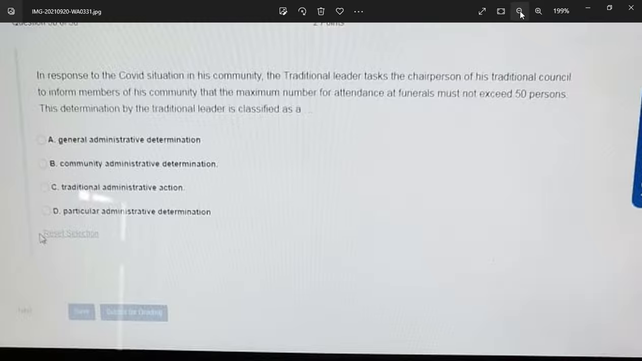In response to the COVID situation in his community, the traditional leader tasks the chairperson of his traditional council to inform members of his community that the maximum number of attendance at funerals must not exceed 50 persons. The determination by the traditional leader is classified as a